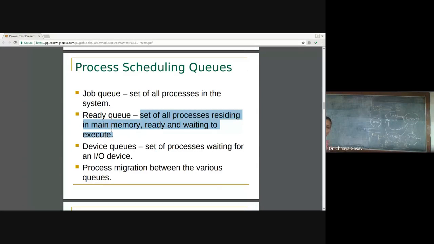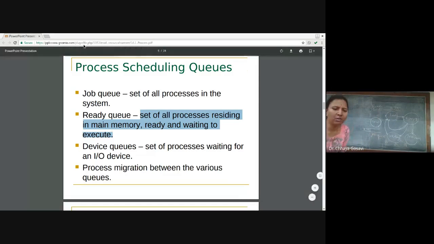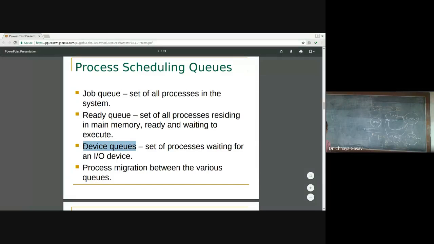Processes whose state is ready are shifted to the ready queue. Then a process is shifted from the ready queue to the running state, and from running to terminated or a wait queue. Wait queues are called device queues. The set of processes waiting for an IO device are kept in device queues. Device queues are multiple, one for every device, and processes migrate between these various queues.